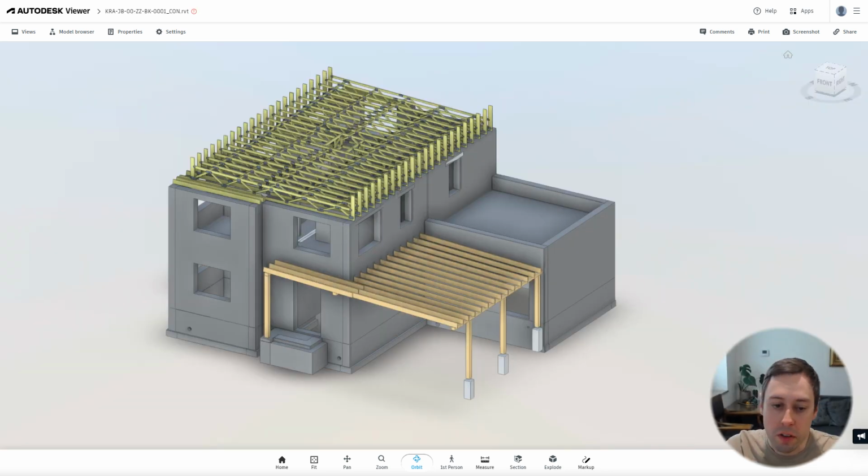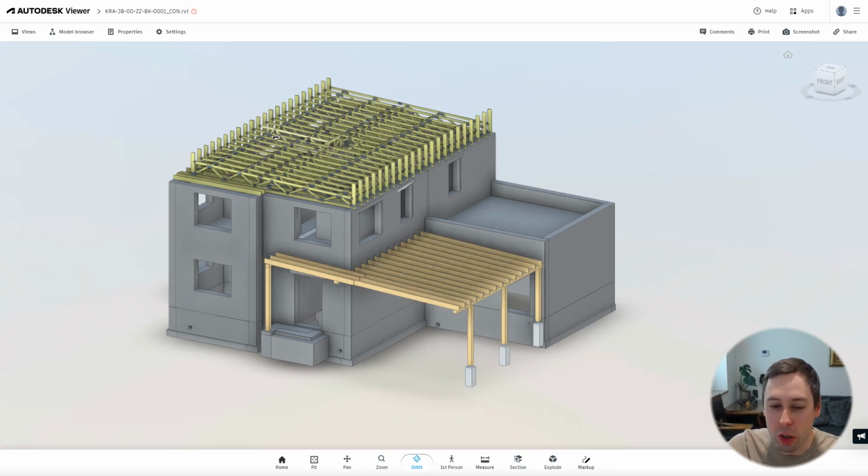Autodesk Viewer is a free browser 3D and building information model viewer, which works with numerous file formats, but the most commonly used are Revit, Navisworks, or IFC files. In this video, I'll show you the quantity extraction basics, but if you want to learn more about the Autodesk Viewer tool, you should check out my tutorial in the description below. When you have your model loaded in Autodesk Viewer, you can utilize any of the following 4 methods to extract